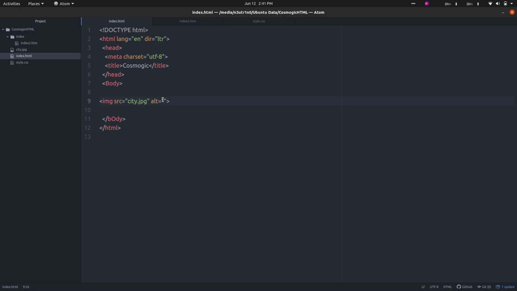So now we have the alt attribute. Let's say we have a condition when the image is not found on the server or the image is not loaded properly. How can we tell the user what was expected here, which image? If I write image of city, I will give the hint that an image of a city was here, but it couldn't be loaded.